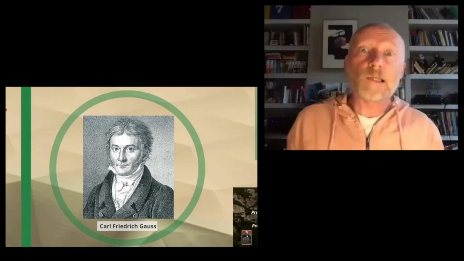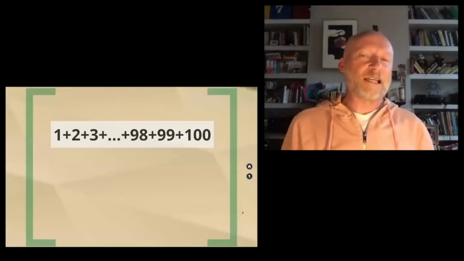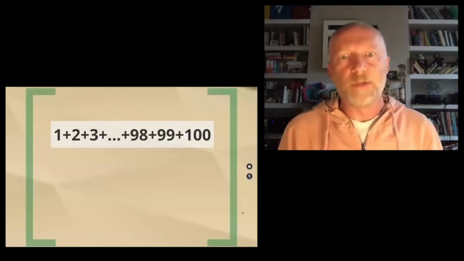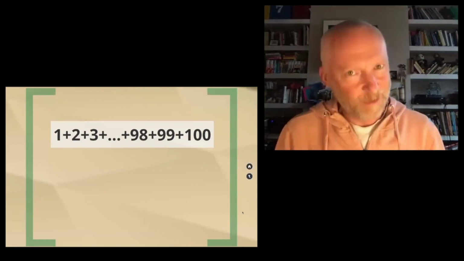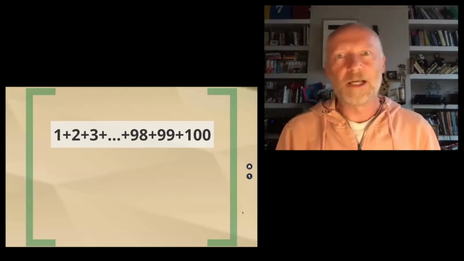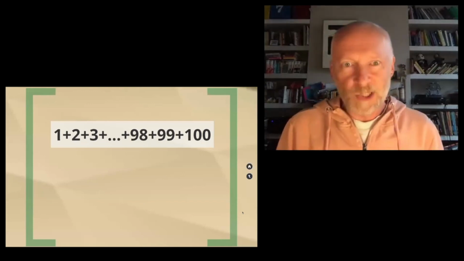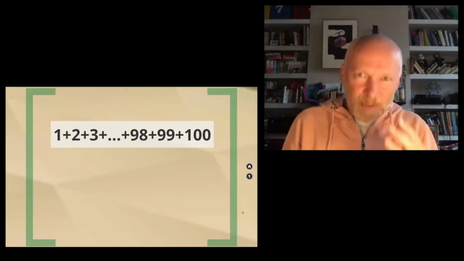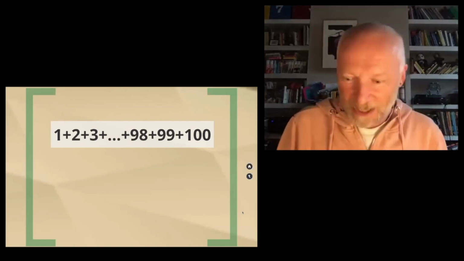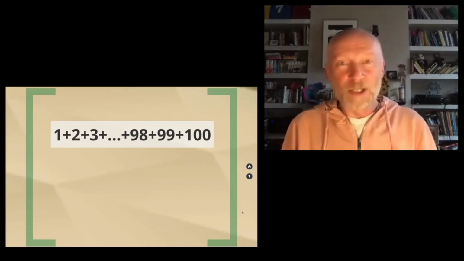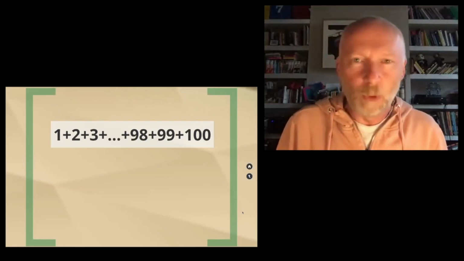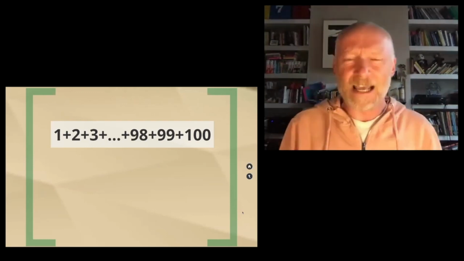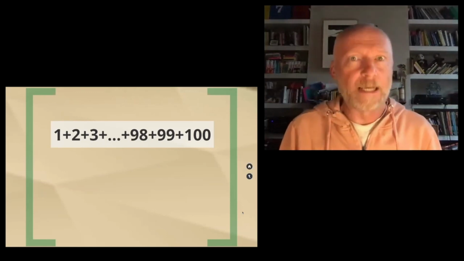So he challenged the class very famously with this task of adding up the numbers from 1 to 100. The hard way to do this is to just start with 1 plus 2 plus 3 plus 4. It's going to take you quite a long time to do this arithmetic on your little chalkboard that they had at school. Probably make a lot of mistakes on the way, fall by the wayside. Are you really going to get the right answer doing it that long way?